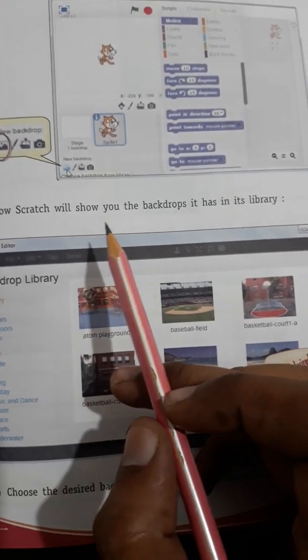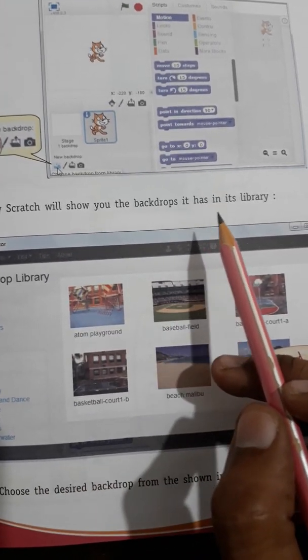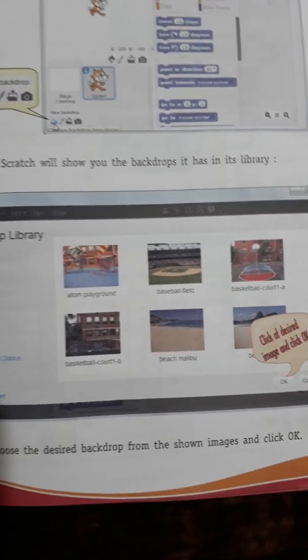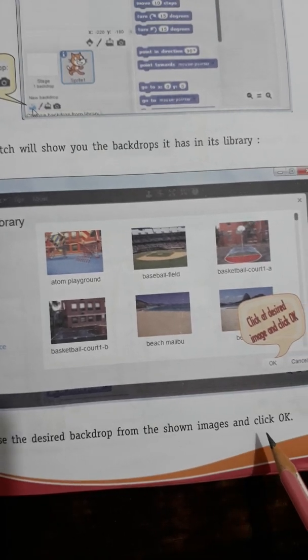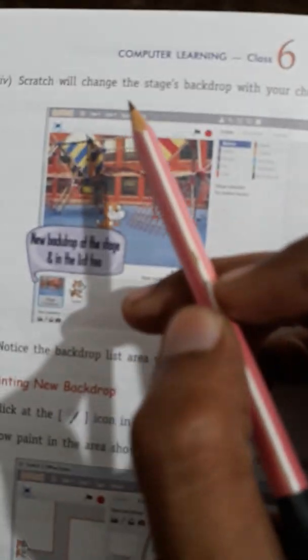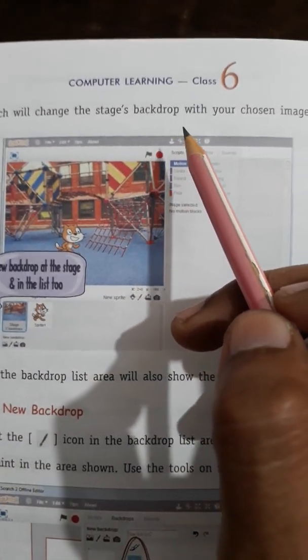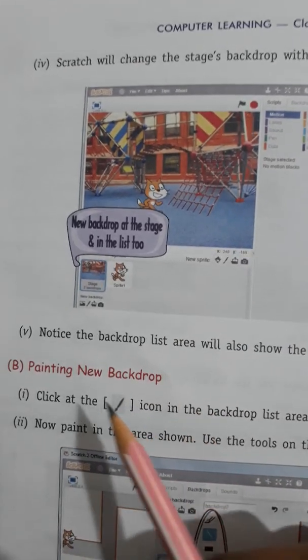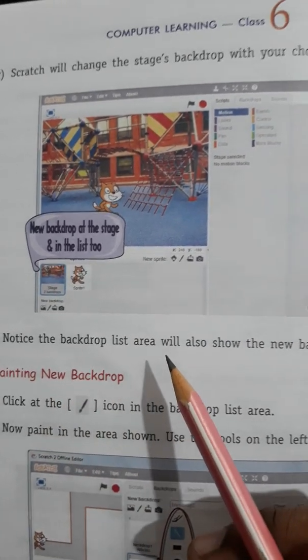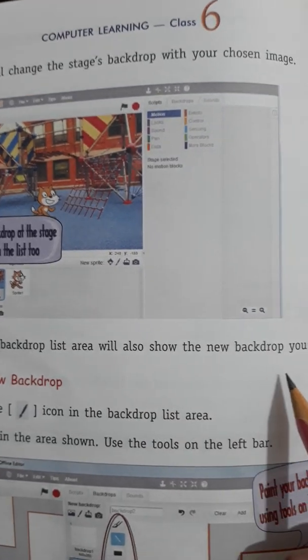Now Scratch will show you the backdrops it has in its library like this. Choose the desired backdrop from the shown images and click OK. So Scratch will change the stage's backdrop with your chosen image. Notice the backdrop list area will also show the new backdrop you added over here.